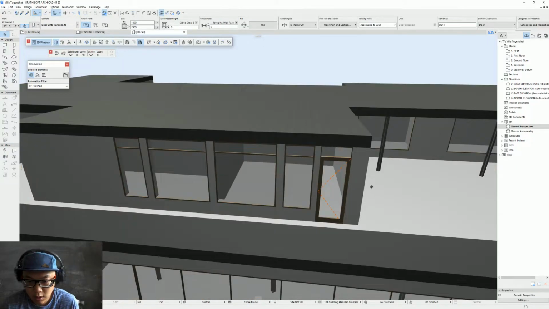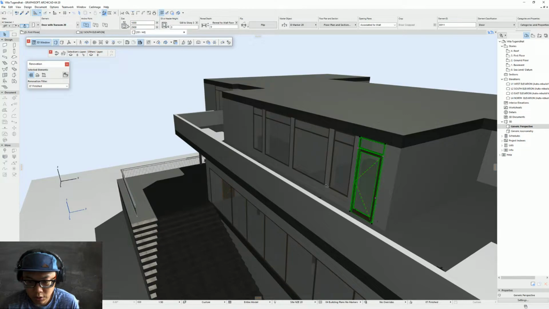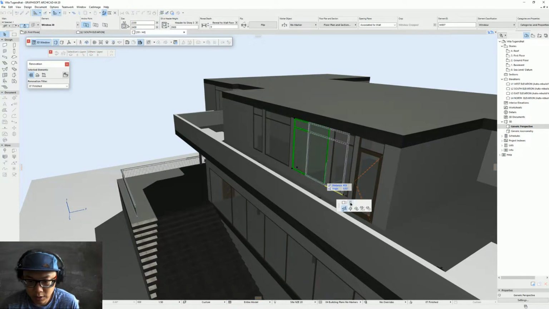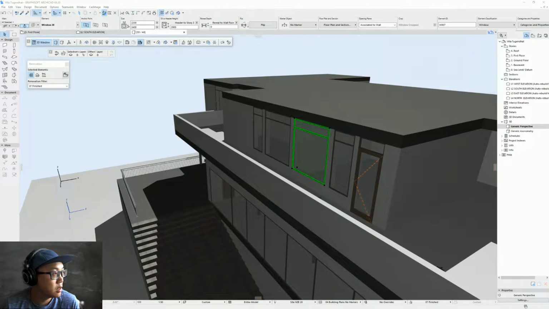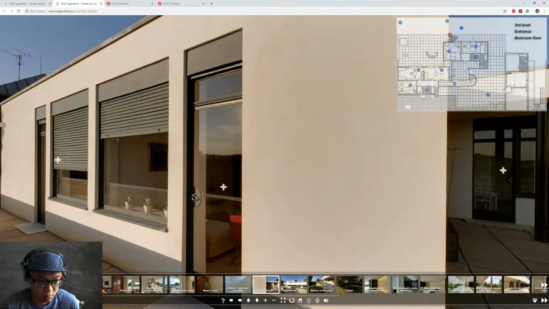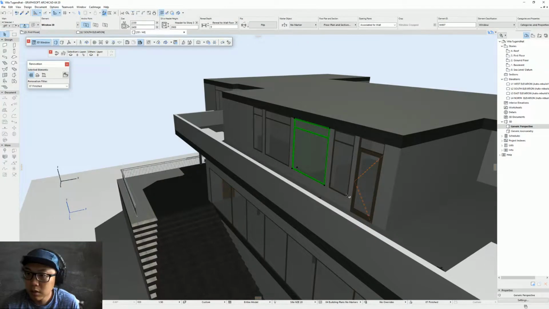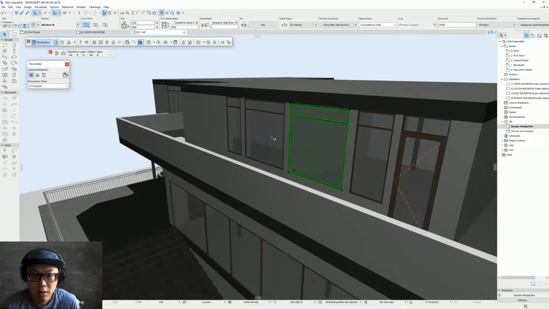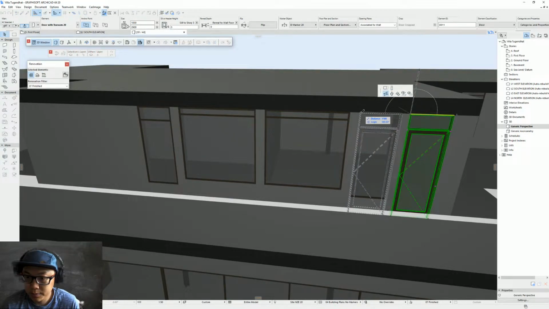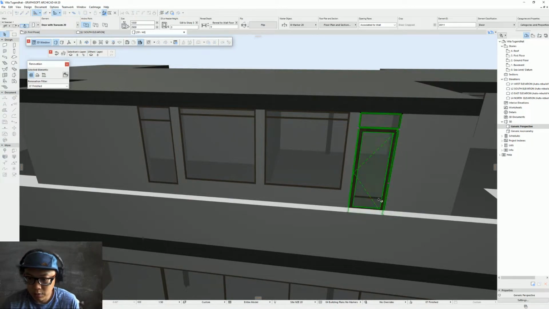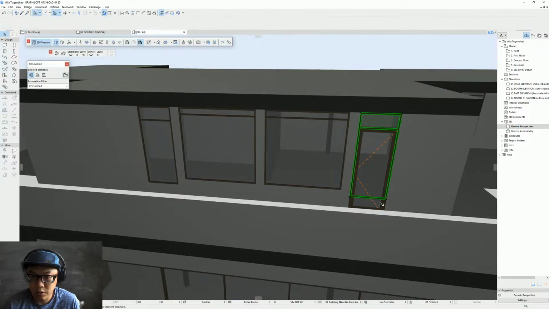I'll just do this, and I think I'll just decrease the sill height. Maybe I'll just decrease to 2.2, and I'm just gonna move that into place, and I'm gonna delete that window,